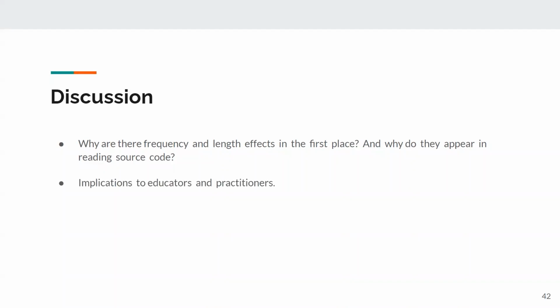Furthermore, the presence of the frequency effect in reading source code means that exposure to consistent coding style facilitates reading and ultimately comprehension. When programming language elements are presented consistently, their frequency increases, and thus, they become more predictable to the reader. Simultaneously, the presence of the word length effect shows that longer identifier names take longer to process. Therefore, shorter identifier names are potentially easier and faster to read, without sacrificing a meaningful name. In the context of coding best practices, our results seem to uncover the cognitive basis for good coding style.